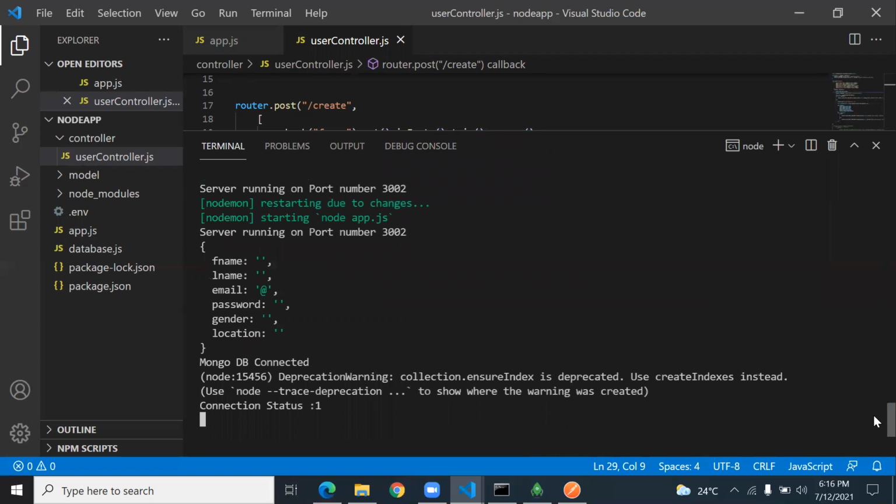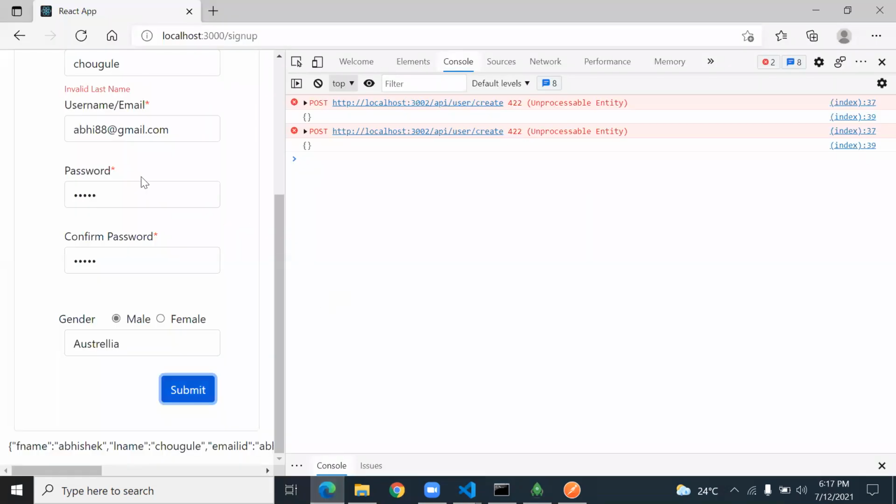The data is not coming. See this, the data is empty. But the data is ready here.